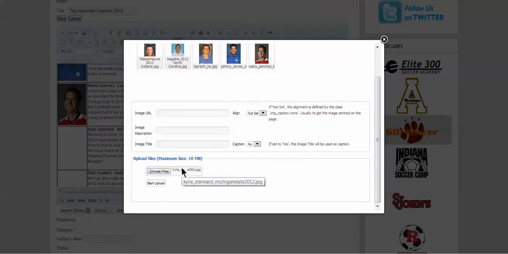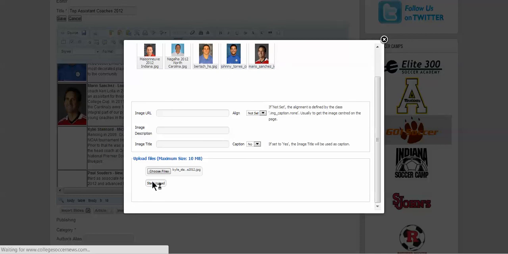Now we just want to double check that it is in there. You won't be able to read all of it, but you'll see that Kylie Stannard is in there. And then we'll hit start upload. What start upload does is get this from this box and into this box, where we need it to be in order to add this into the article. So go ahead and start upload,